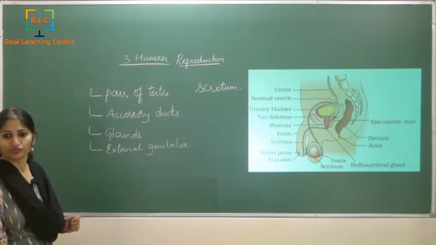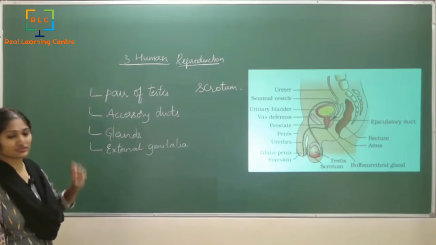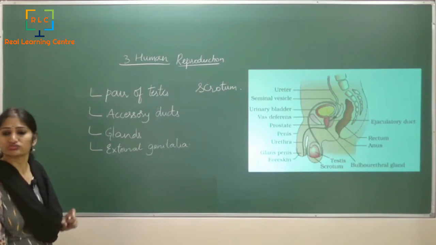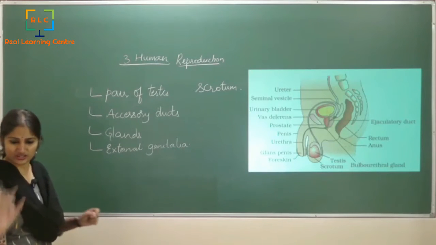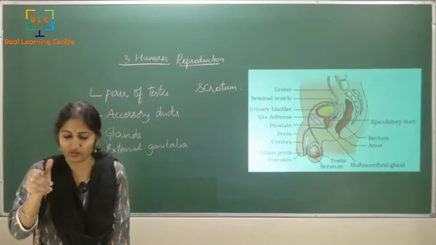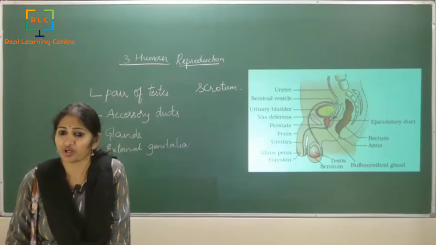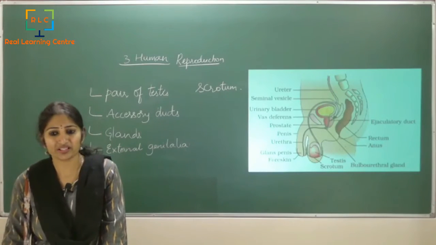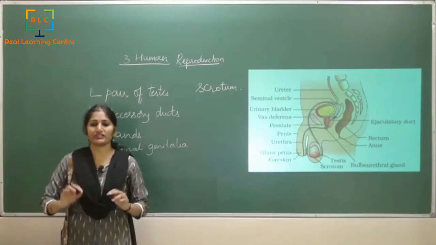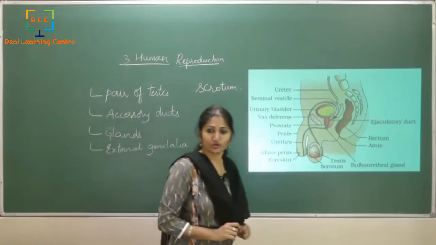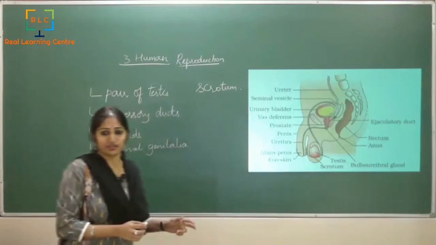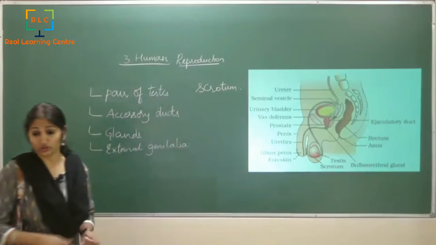Now, in adults, you see that the testis is more or less oval in shape, and it is around 4 to 5 centimeters. It's a small 4 to 5 centimeter oval-shaped structure, around 2 to 3 centimeters of width. What is very important is that this testis has a very strong, very dense covering.